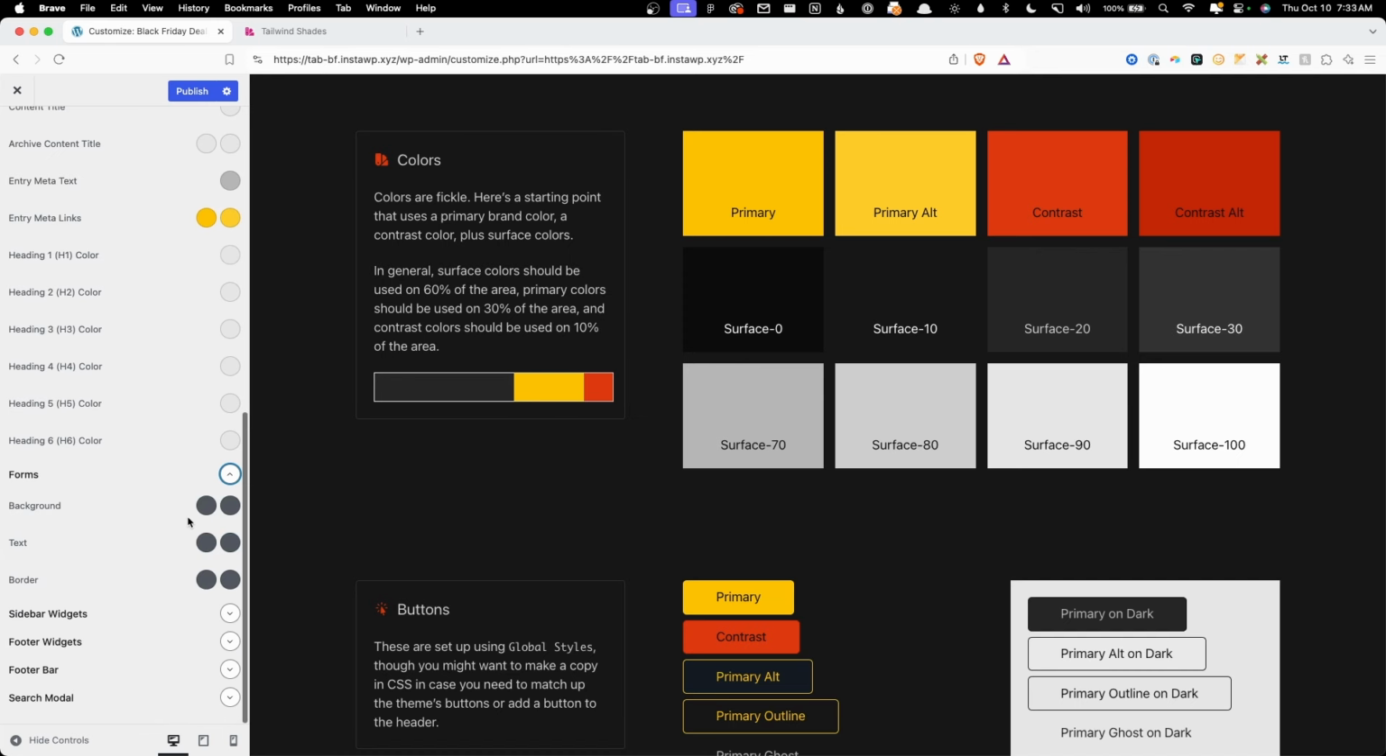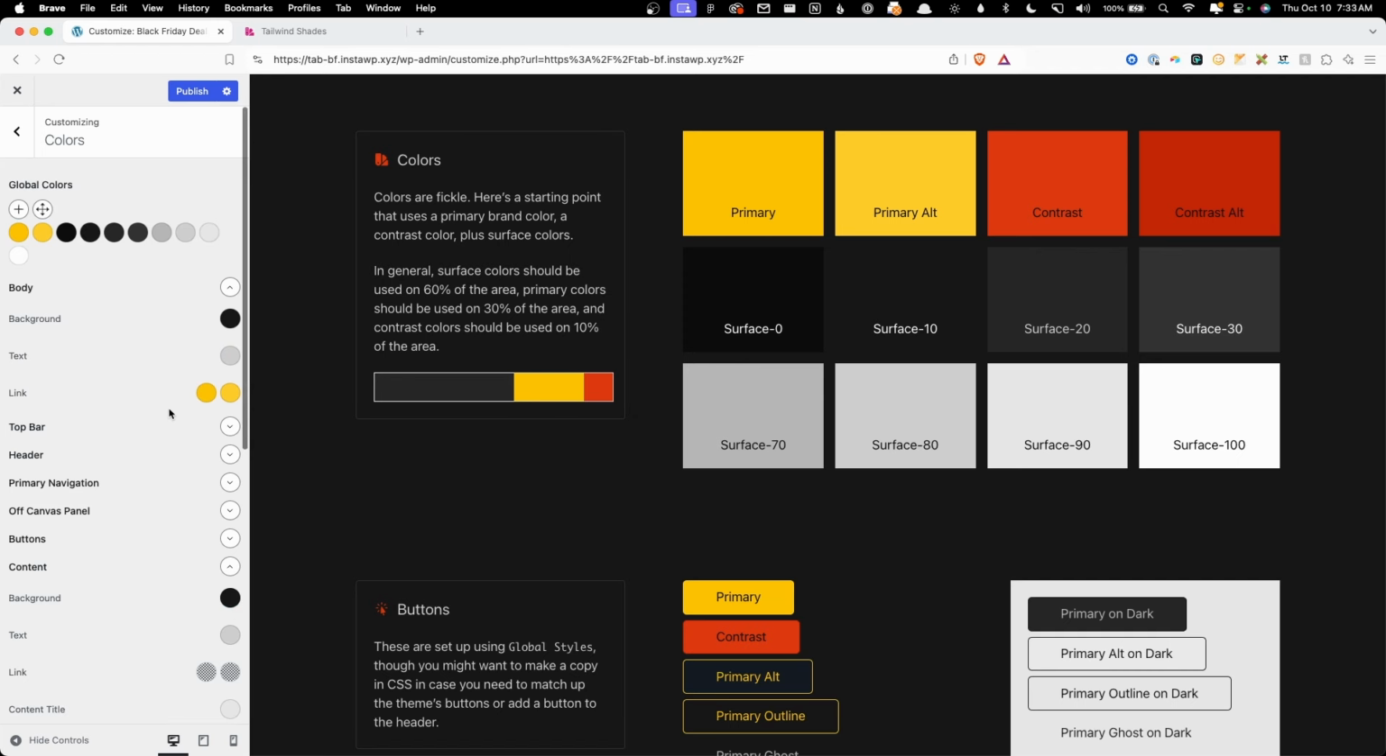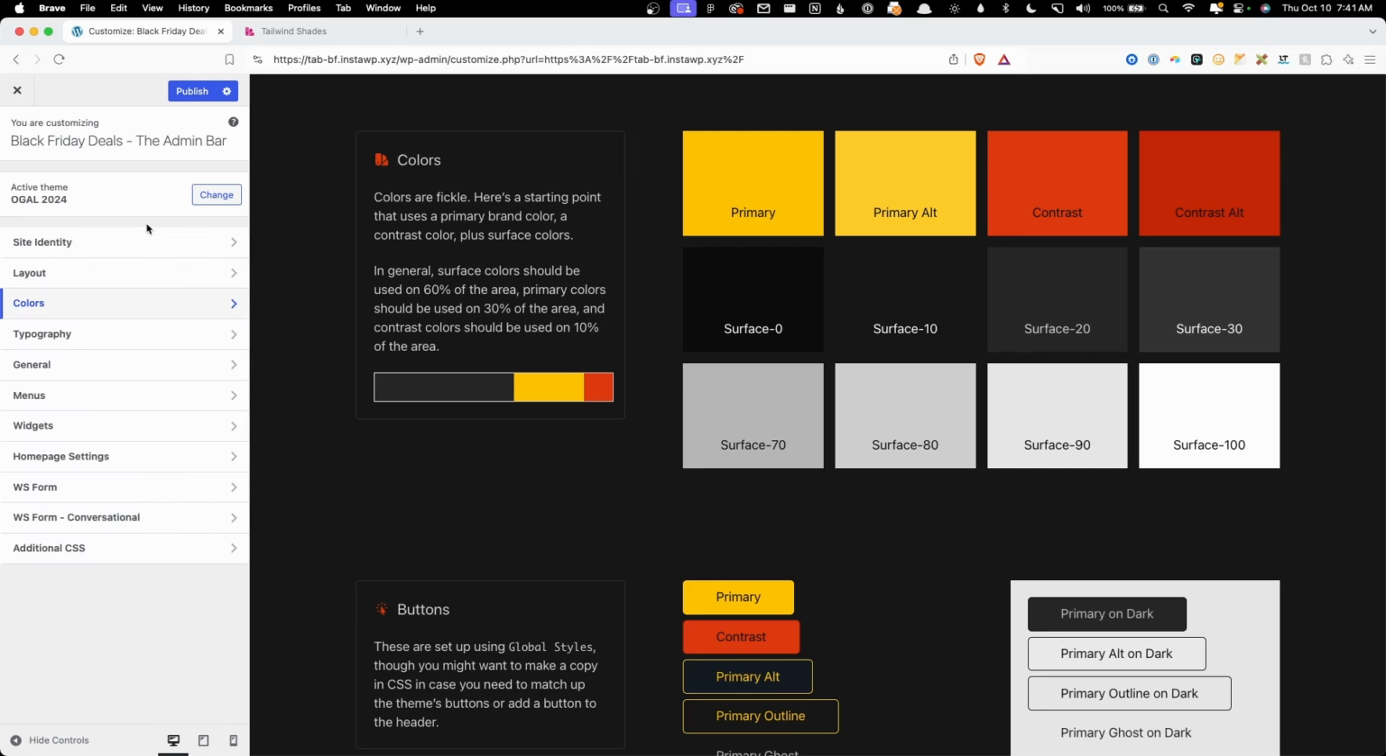Now, forms, we're actually going to control this with WS Forms, so we don't have to mess with that. Sidebars we're not using, footers we're not using, so I think we're good on all the colors as far as theming this out. Again, because all of this was kind of preset inside of our starter site, everything just flowed through naturally, and we didn't have to do a lot of customizations to it. So for now, I think our colors are good, and we'll go ahead and go back into our customizer here